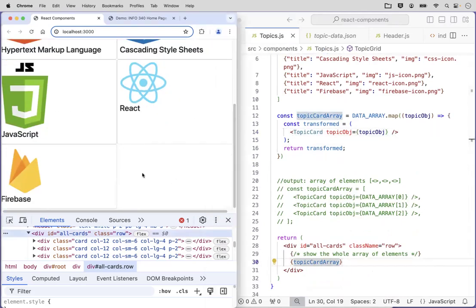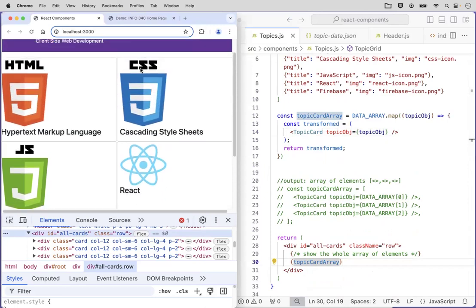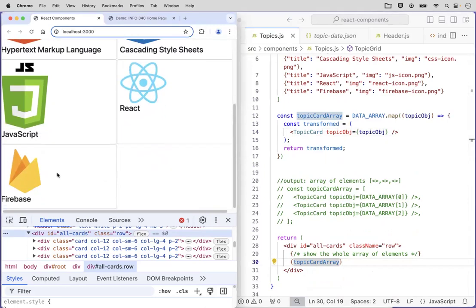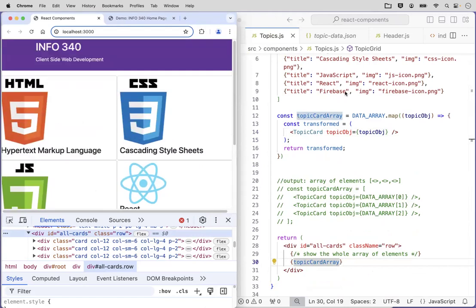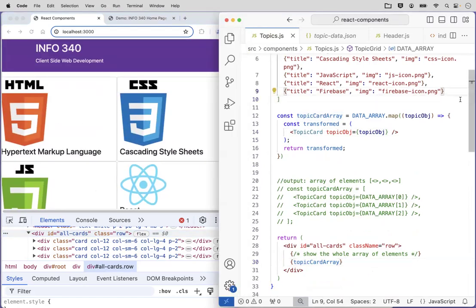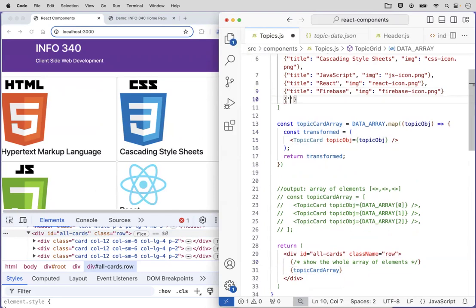which creates my result: I'm able to take my data and have it map into my array of cards really, really quickly. Which also means if we start adding in more topics, for example, if I decide to make a new topic whose title is, I don't know, what's another thing we can talk about? Let's have Bootstrap as its own thing, right? Assuming I've got an image